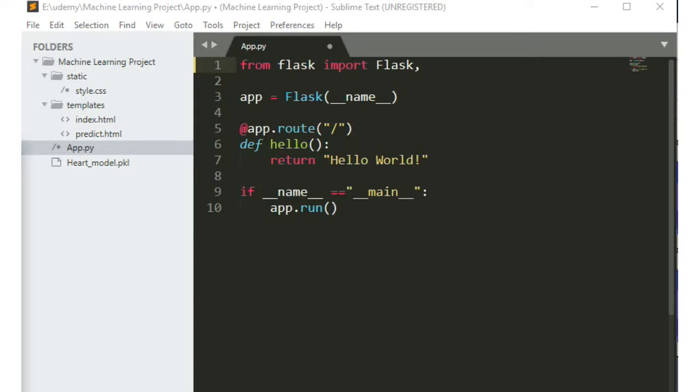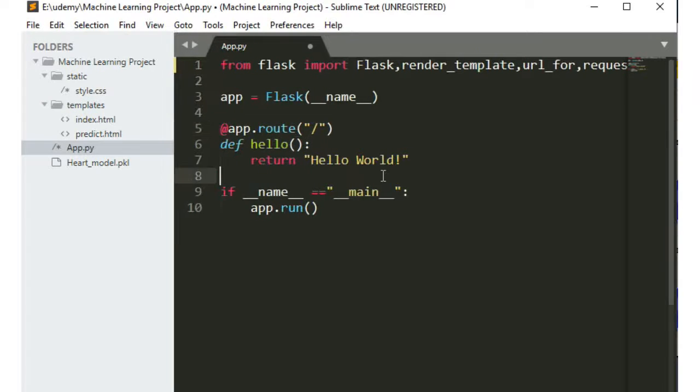Before that, I also need to add a few more methods from Flask. I'm going to import render_template, url_for, and request so that our data would play around in these different files. So now let's replace the hello function with index and return render_template